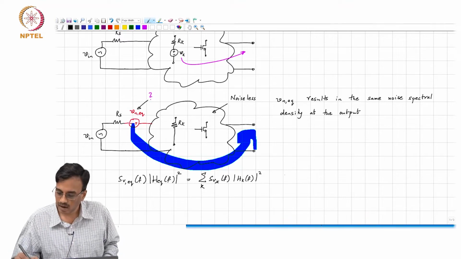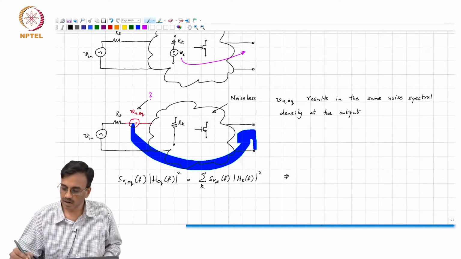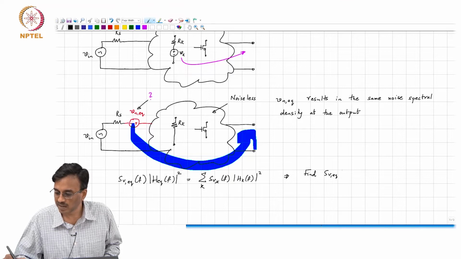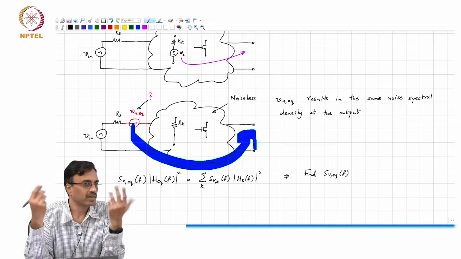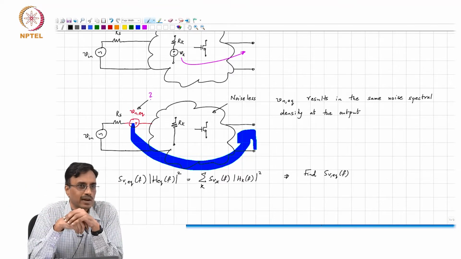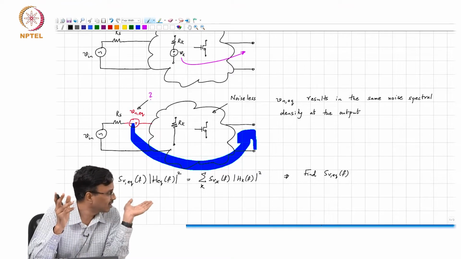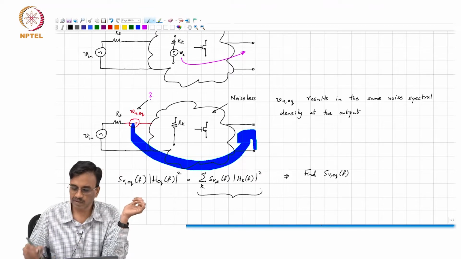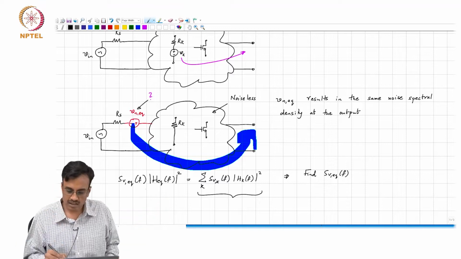Which basically means that you can go and just do the math and find the spectral density of the equivalent noise voltage source that would result in the same noise spectral density at the output. Does it make sense? And in English, all that this means is, what does this represent? The output noise spectral density, right, and this represents,